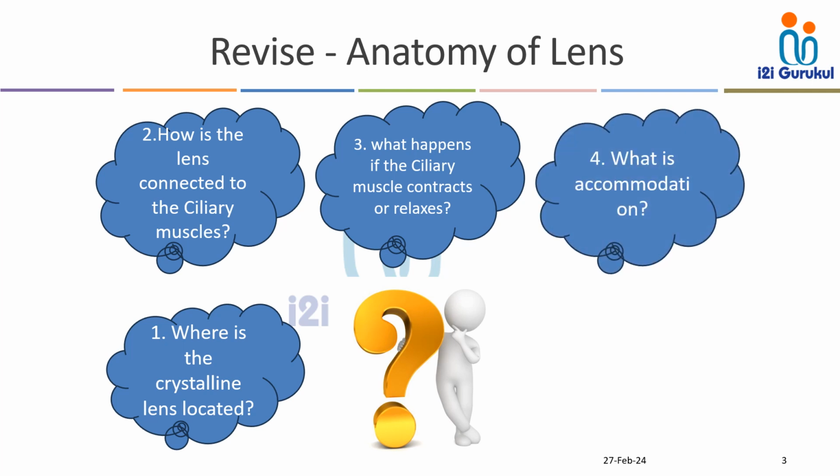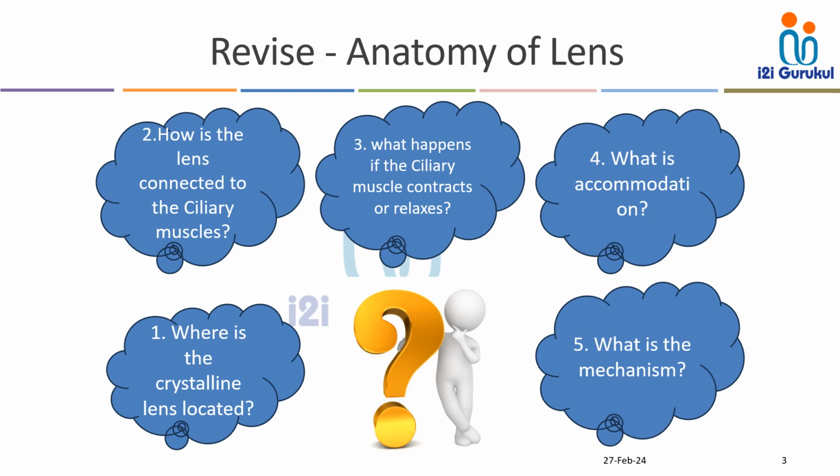And the next one, what is accommodation? This is the ability of the lens to focus far and near objects sharply. This process is known as accommodation. And the last question is, what is the mechanism for this process? When the ciliary muscles contract, the zonules loosen and the lens becomes thicker. So the focusing power of the lens increases. So this is just a quick revision on the